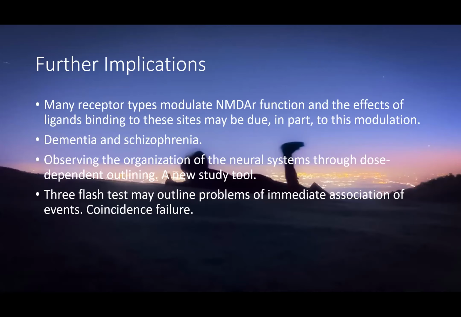The three flash illusion that was mentioned can also provide evidence for coincidence detection, that maybe the short-term memory learning problems are because coincidences and associations don't even form. And this is really interesting because those with schizophrenia have impairments to associative learning. And people on NMDA receptor antagonists also have impairment. And I think that,